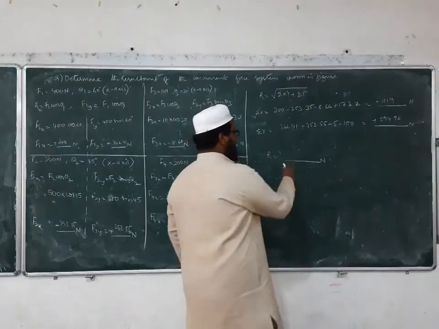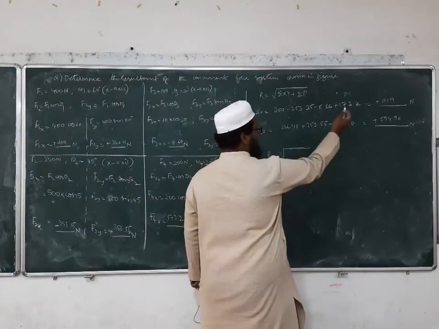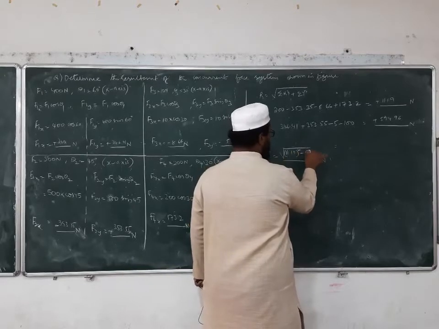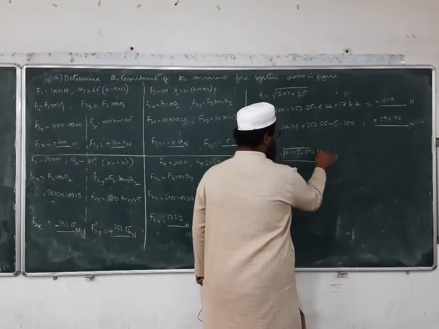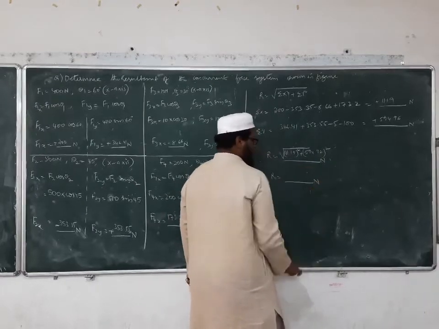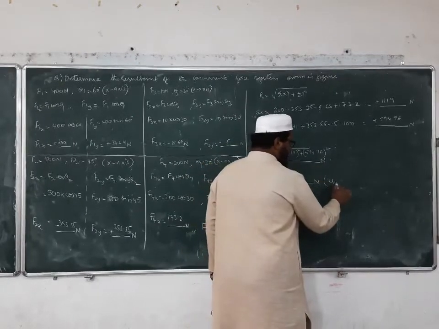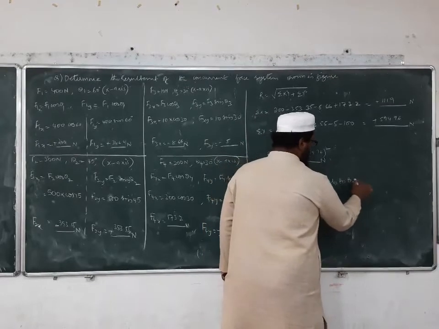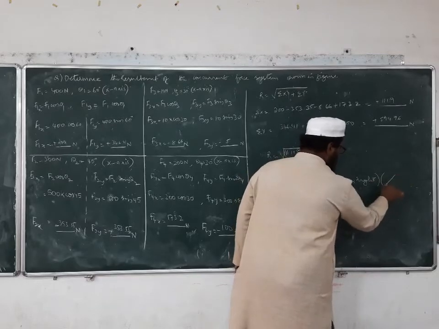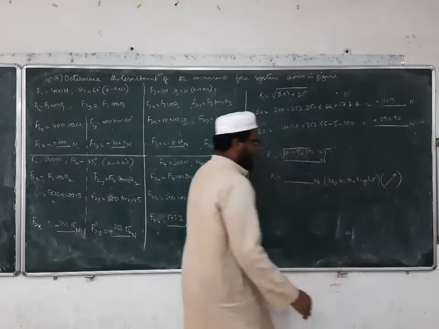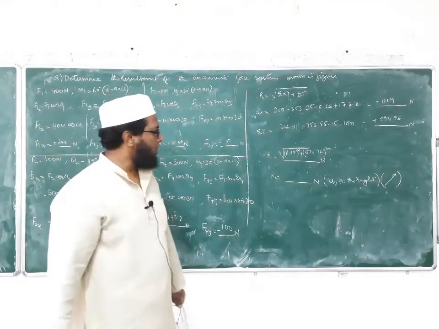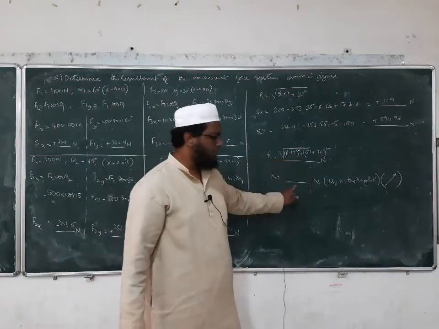Okay, so how will you calculate this one? Under root 11.19 whole square plus 594.96 whole square. You will get the value of the resultant in newtons. What is the direction? Up to the right, or you can directly place it like this. So this is the direction of the resultant, up to the right or in the first quadrant, like that we can show. Okay, just substitute all the values, you will get the value.